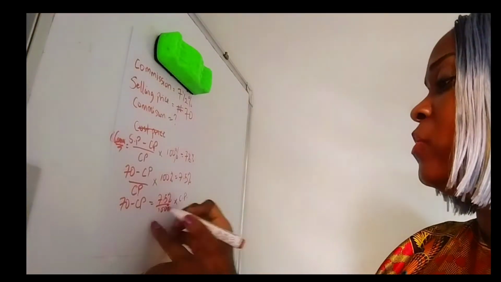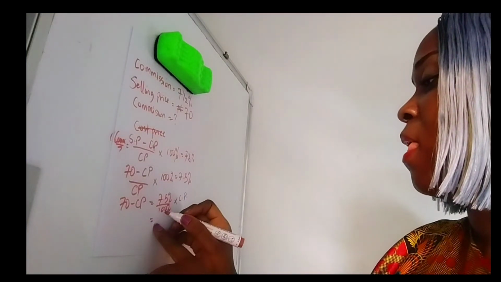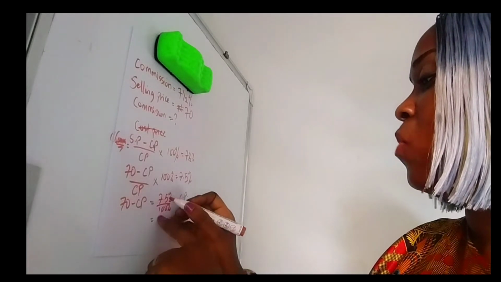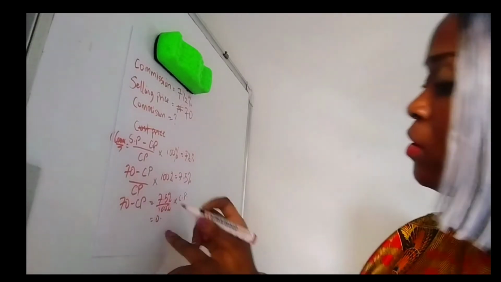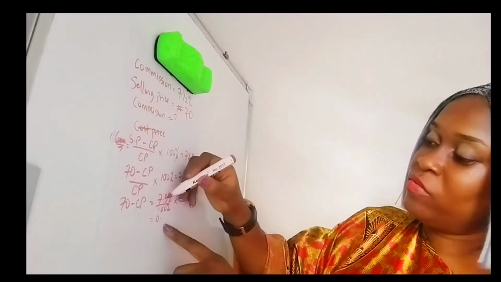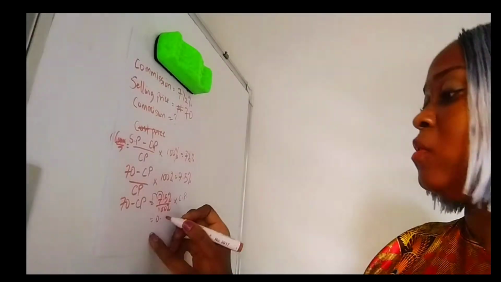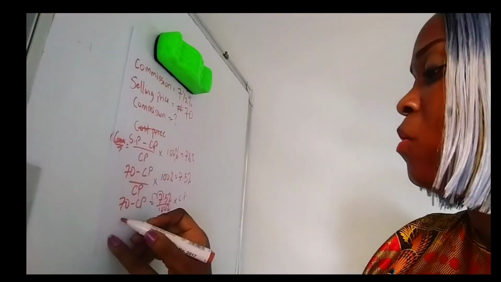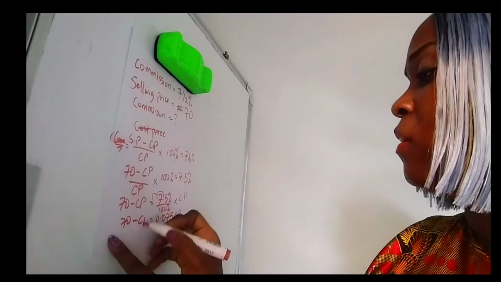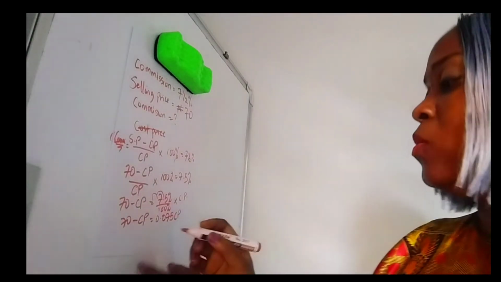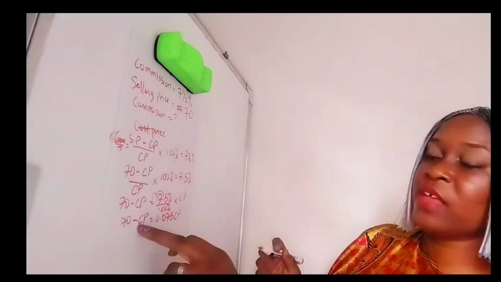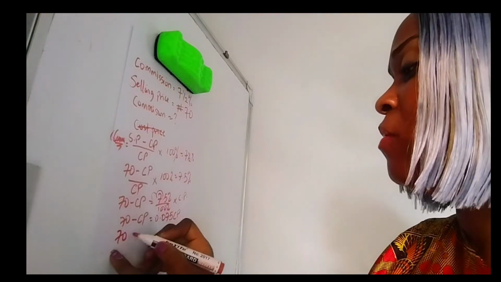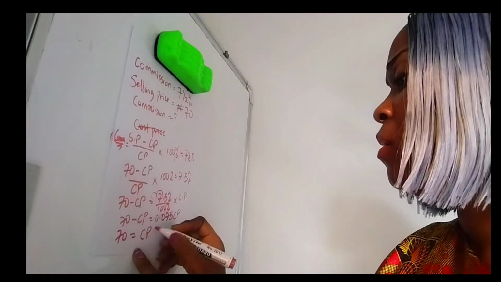Okay, so we'll say this will become what? If you divide 100 by 7.5, there will be 2 places. So it will be 0.075 CP equal to 70 minus CP. So let's move this negative CP over to the other side, making it what? A positive CP. So we'll have 70 equal to CP plus